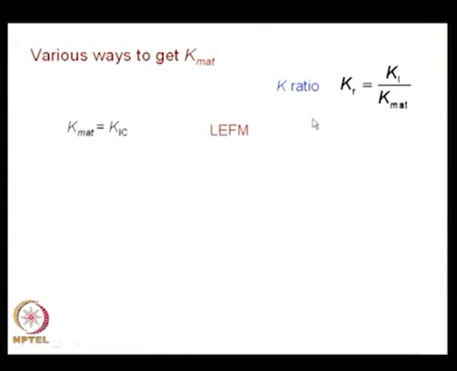So, the whole analysis could be refined if you replace the definition of K material. If you have a J critical for the material, from J you could calculate the K material. You use the interrelationship and then find out K,